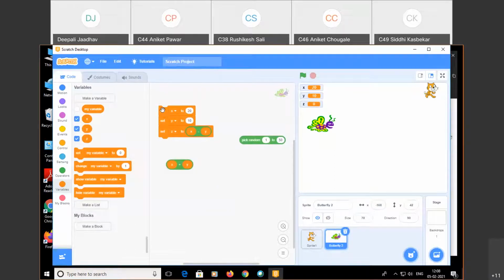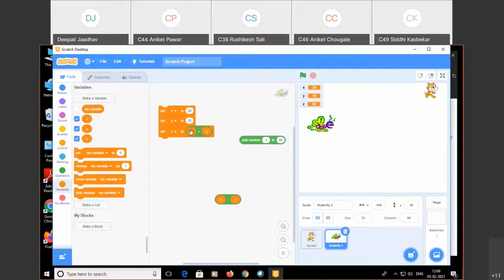Suppose I execute it, what happens? X 20, y 10, z 10, that is x minus y. Instead of that, suppose I put plus here and click on it. X 20, y 10, z 30. So in this way, you can use the variables, set them to different values, and use the operators.